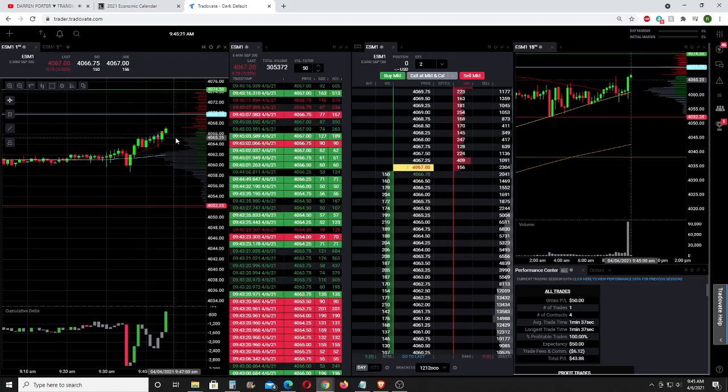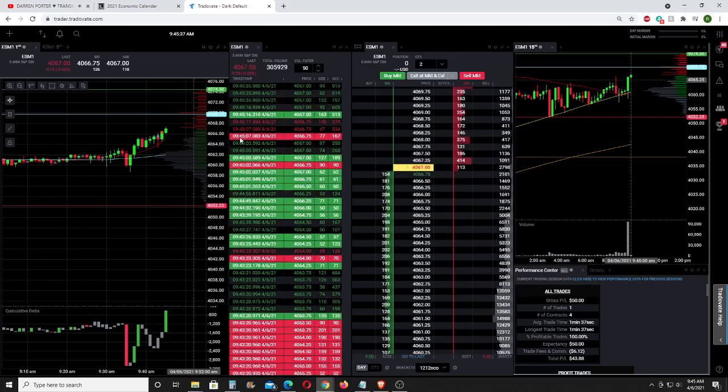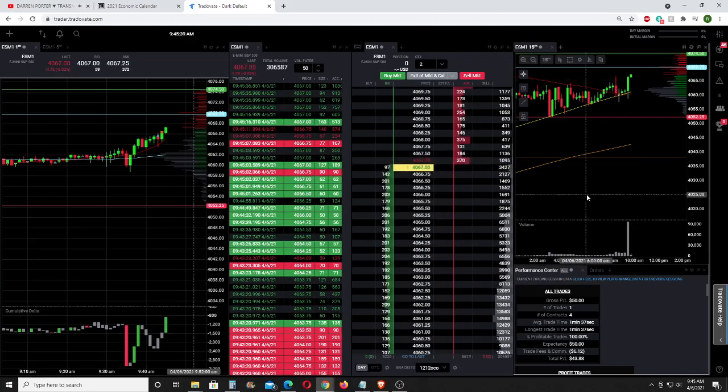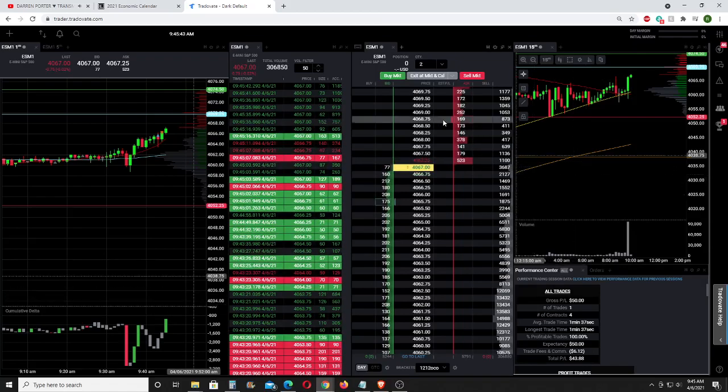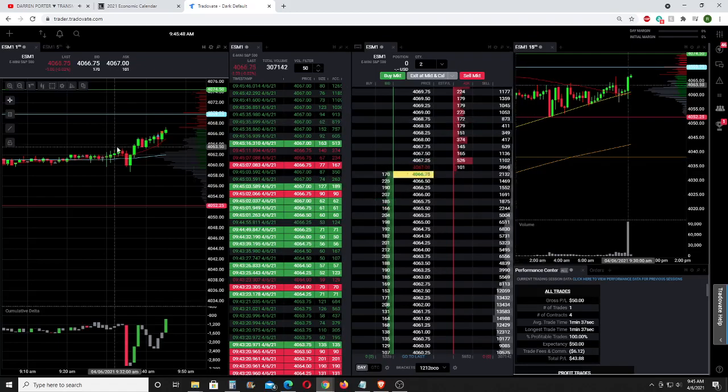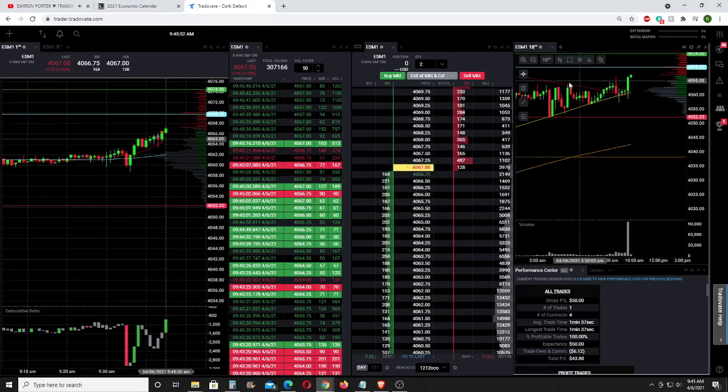I'm going to look back at this recording, and chances are I'm going to say that I didn't hold long enough. I probably should have held longer, but I just wanted to say that I got my first profit in for the day. So there's my first profit in the books. Most likely I should have at least held to like 875, in retrospect. But let's see how this pans out here.